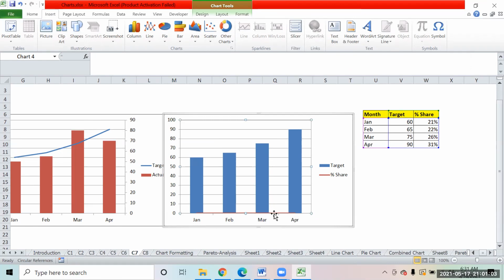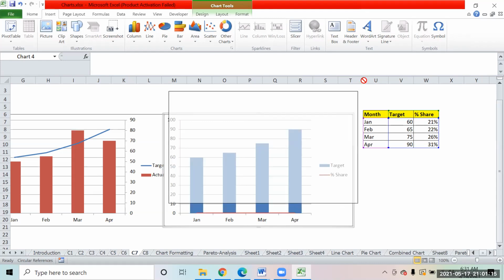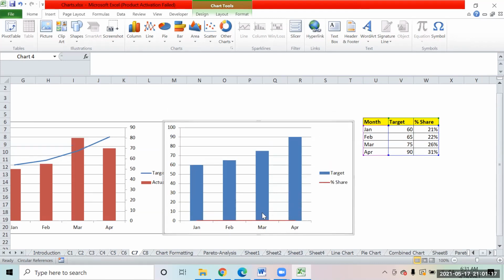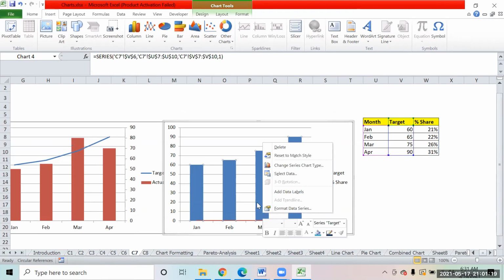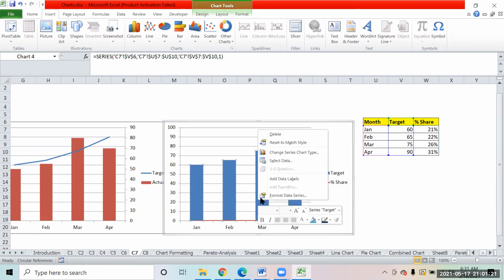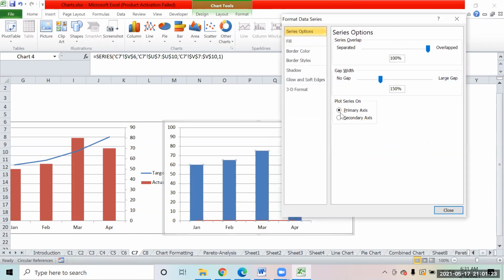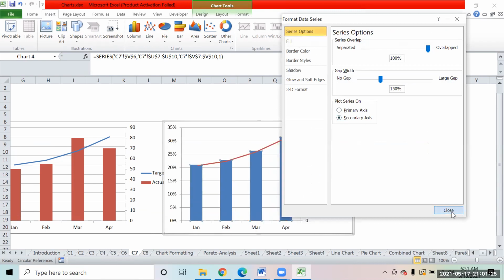How do I select this? Maybe I'll select this one and say format data series, and let me plot this on the secondary axis.